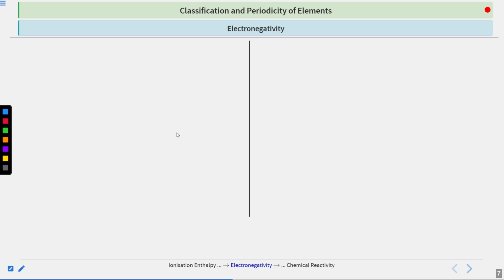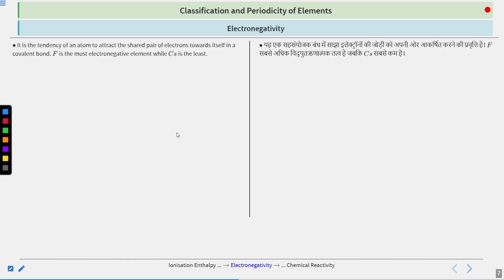Next is electronegativity. What is electronegativity? Electronegativity is basically the tendency of an element to attract the shared pair of electrons towards itself through a covalent bond. Suppose two elements A and B are bonded by a single bond. Now the bond will contain electron density. This electron density is being pulled by one of the elements. This pulling tendency of that element is called